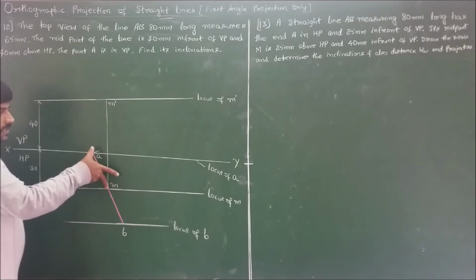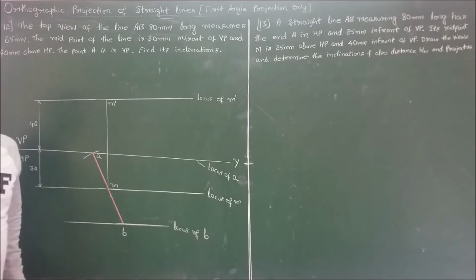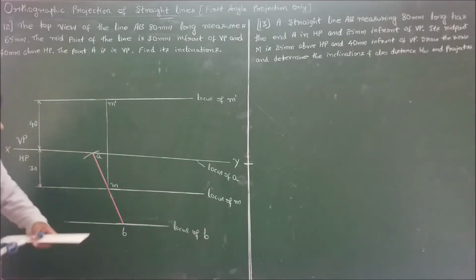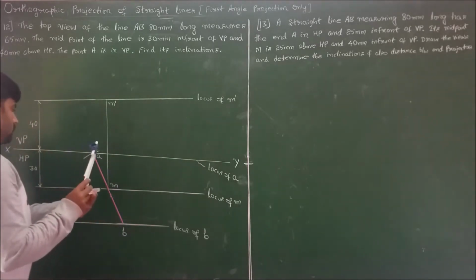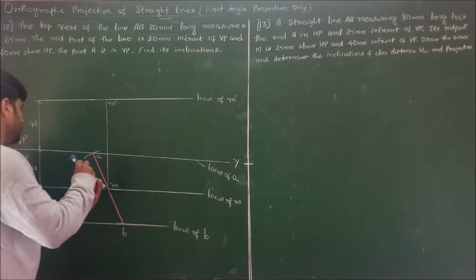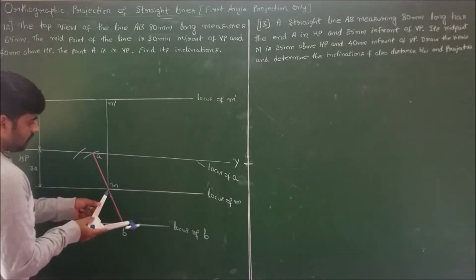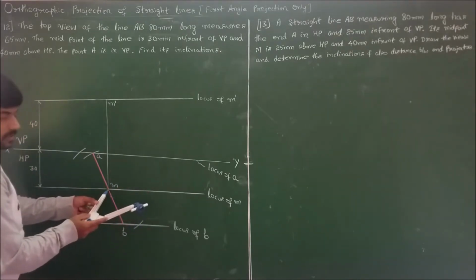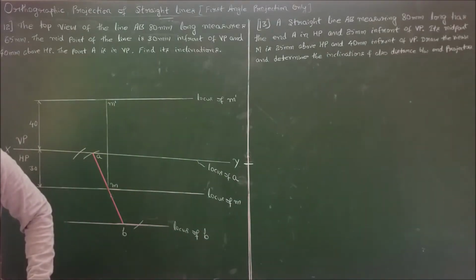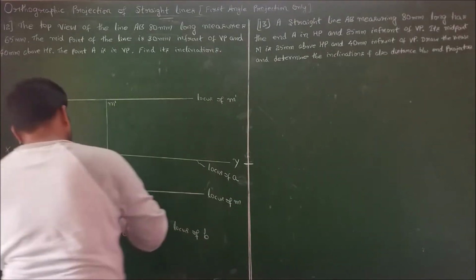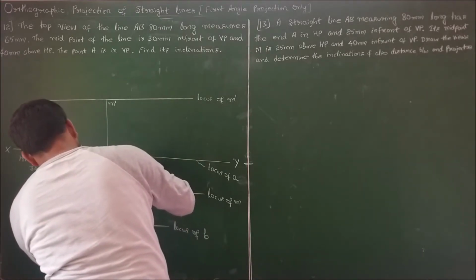We know the locus A. So therefore, cut an arc. You will get A1. Taking 40 mm, I am cutting an arc here. So in front also I should get 40 mm. So joining this, I will get the true length, that is 80 mm.